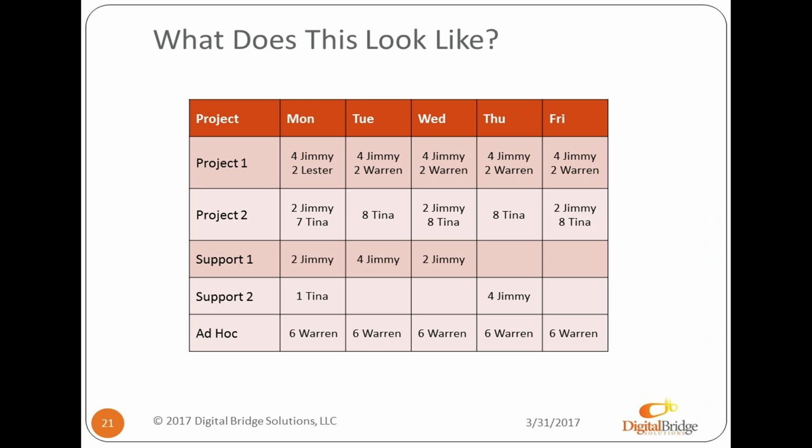And then there's also the case where, what happens if project 1, support 1, and some ad hoc each have high priority launches happening that week? How do you address that? You have 3 very important urgent issues. Well, maybe you can do them in parallel. Maybe there's a different resource for each one of those, and you're fine. But if it's the same person,